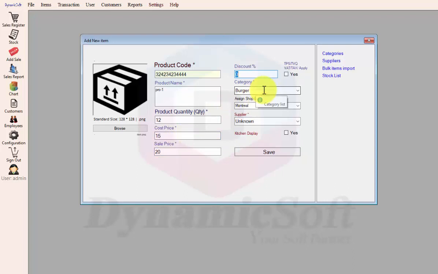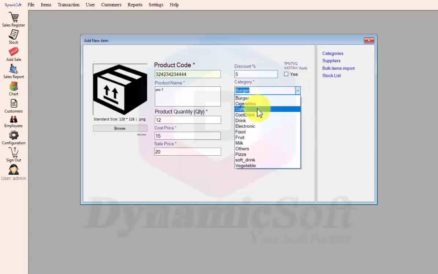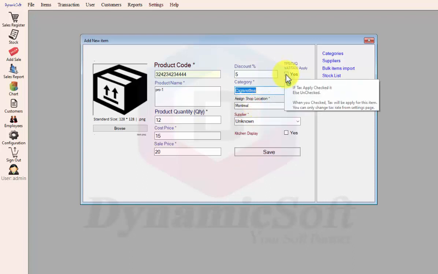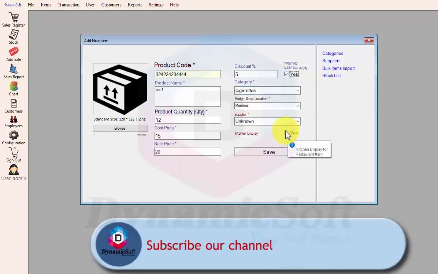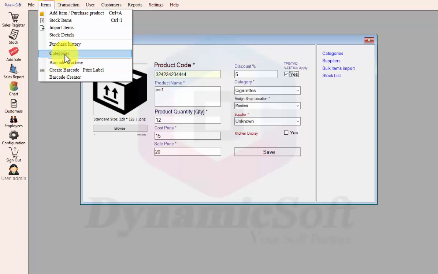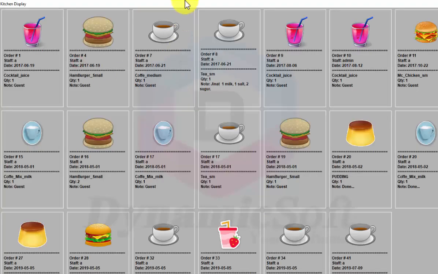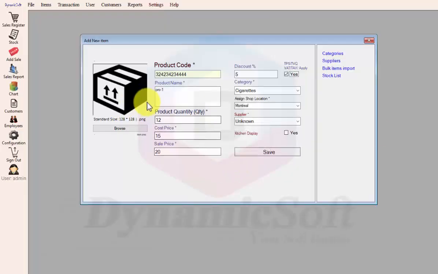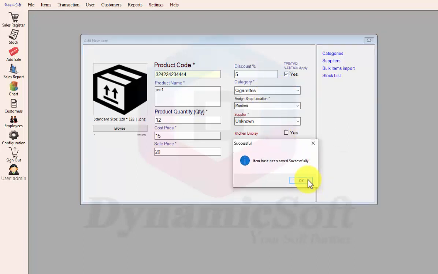If you want to allow a discount, it should be marked discounted, and then select the category, apply tax, should be okay. And this is a kitchen display item. Here is the kitchen display. After sale, you can see those items in the kitchen. Only the waiter can see those items. So if it is a kitchen item, just select kitchen item, otherwise leave it empty. Okay, so that's okay. It was successfully added to